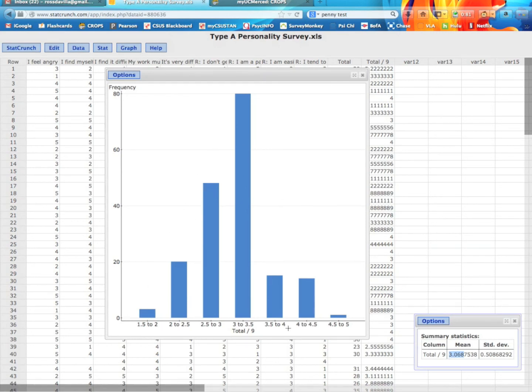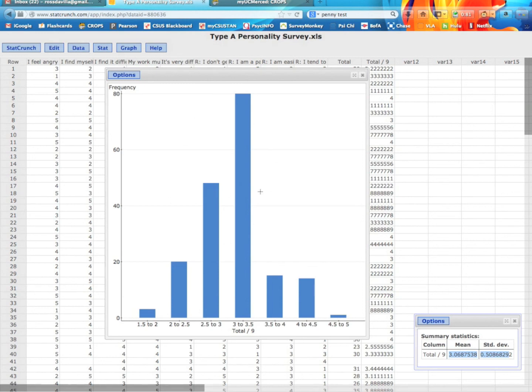And when it comes to doing your paper, you're not going to describe the distribution. Basically what you'll do is just describe the mean and standard deviation of your total scores, and then say, figure 2 or 3, whichever figure you're at that point, and then in that figure, you will show your distribution graph. So don't worry about having to describe whether or not it's normally distributed. I'm just talking about that so you can benefit from knowing why we're looking at this graph. But in your actual paper, you'll just show the graph. You're not going to have to describe it or say whether it's normally distributed or not.